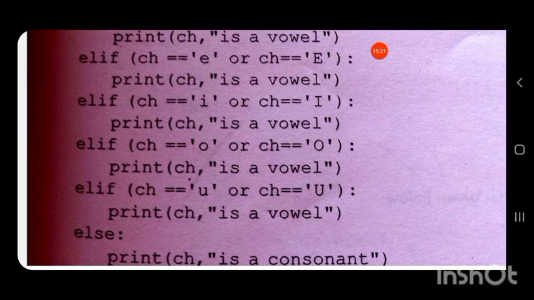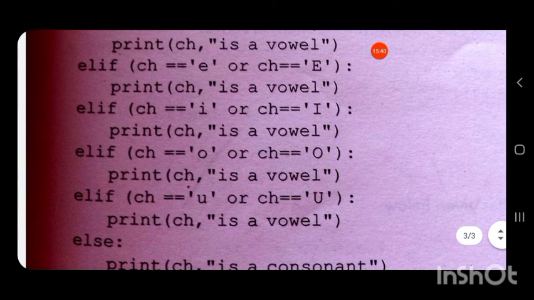If it is false, then it will go to the next elif statement, elif ch equal to o or ch equal to capital O. If the character entered is small letter o or capital letter O, then it will print it is a vowel.